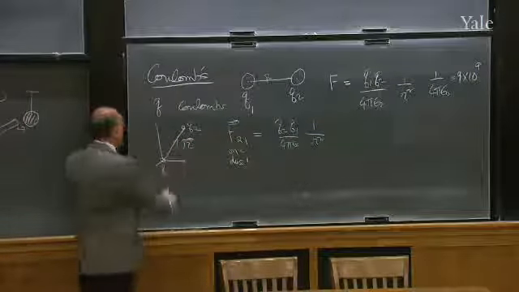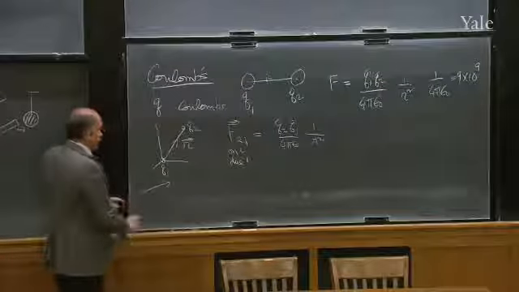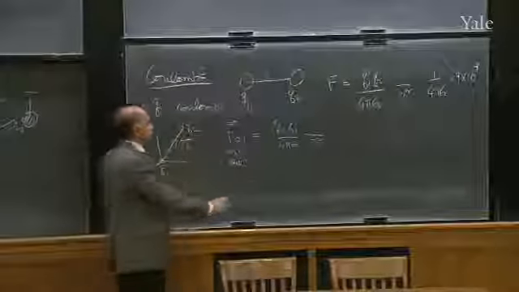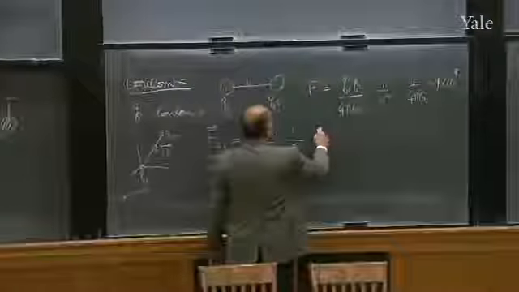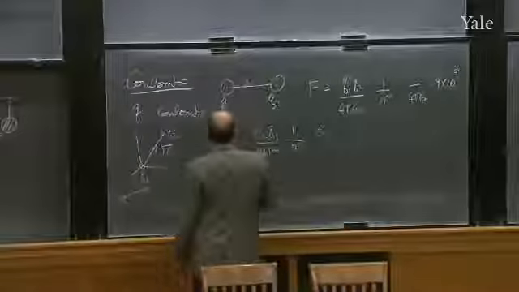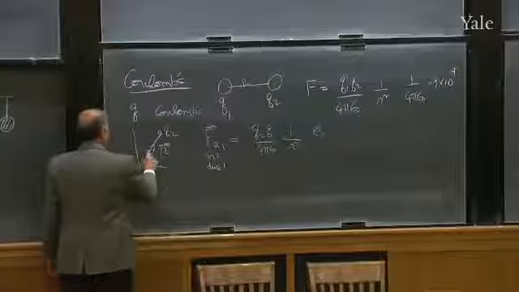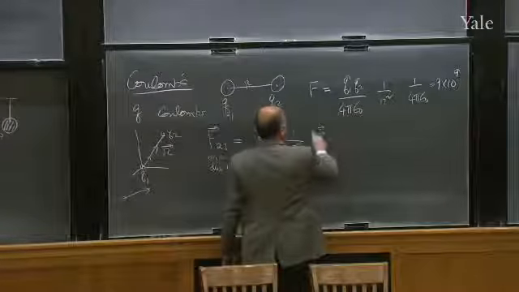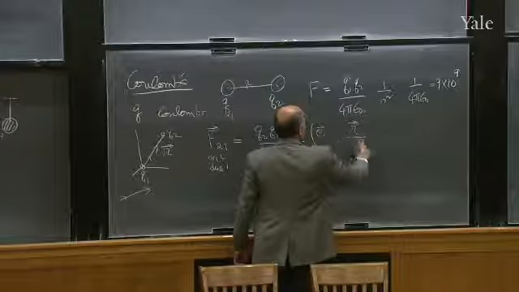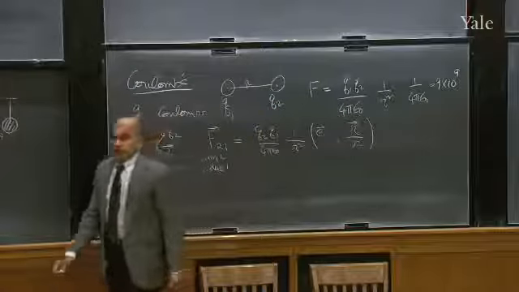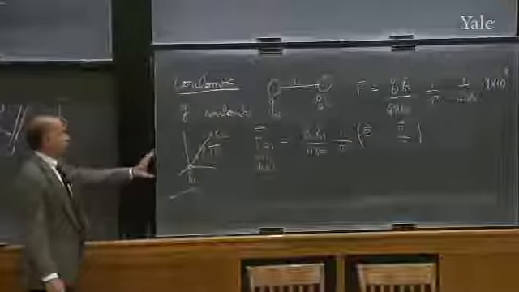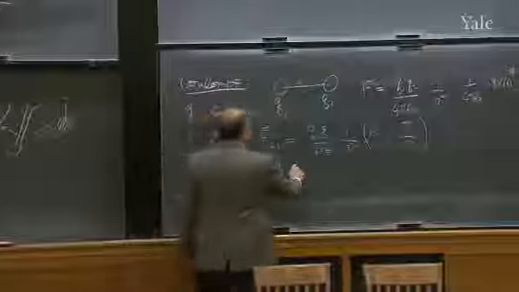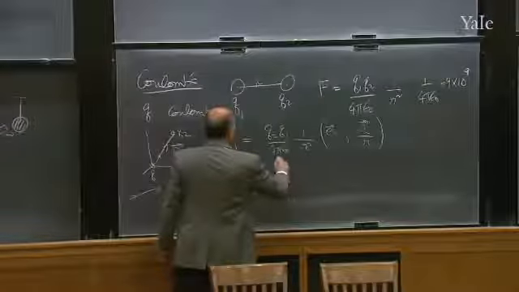So I want to make this into a vector, but I got the magnitude of the vector. As you know, to make a real vector, you take its magnitude and multiply it by a vector of unit length in that same direction. The unit vector we can write in many ways. One is to say e sub r. e sub r is a standard name for a vector of length 1 in the direction of r. But I'll give you another choice. You can also write it as r divided by the length of r. That also will be a vector of unit length parallel to r. So there are many ways to write the thing that makes it a vector. And F21 is minus F12.